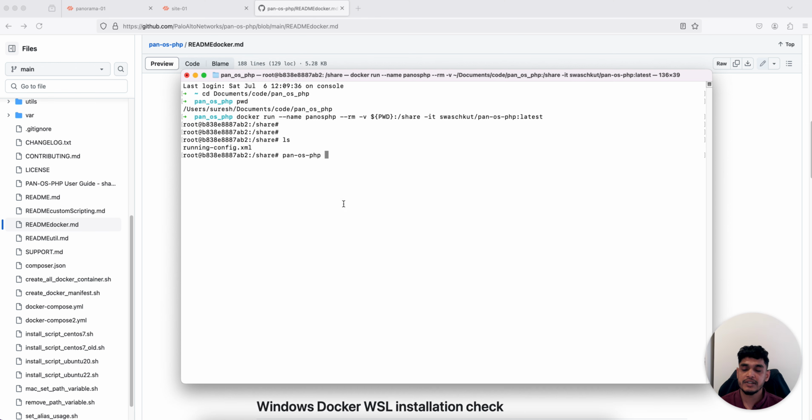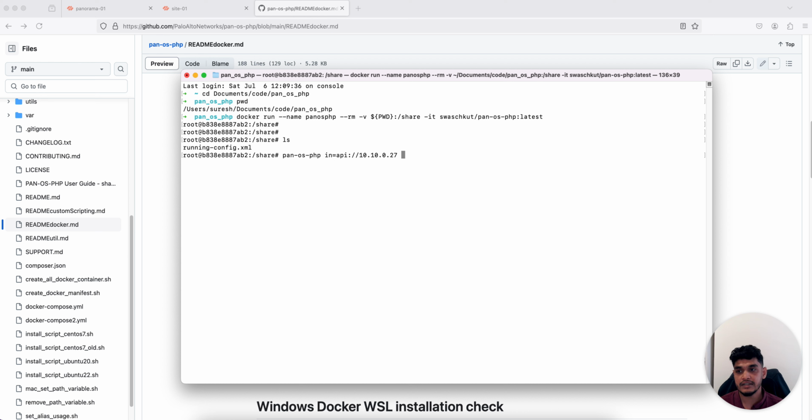For example, if you want to connect directly to the Palo Alto firewall, you say in, meaning you are providing some information to Panos PHP, and then you say I want to use the API, so in=api, and then you put the IP address of the firewall, which is 10.10.0.27, and then